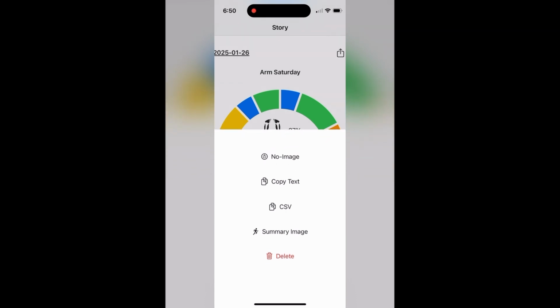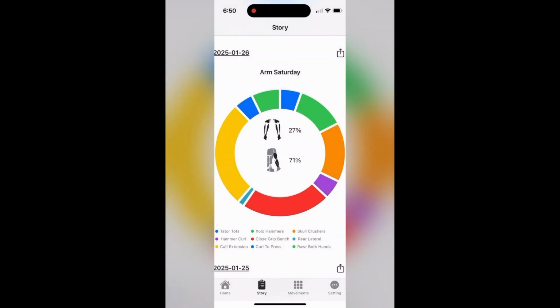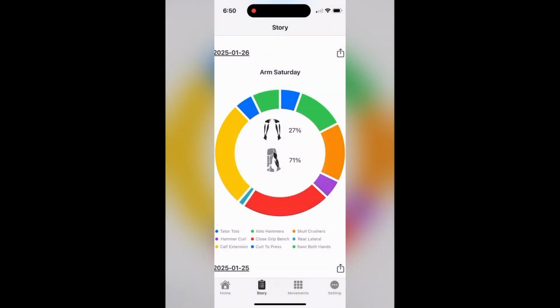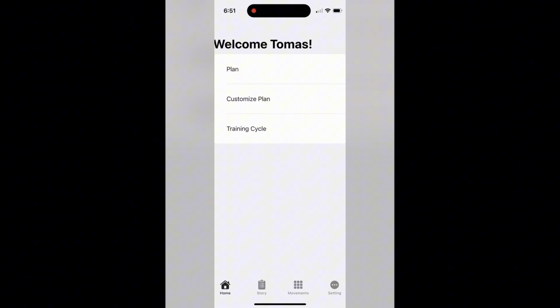If you want to delete, you could tap the delete button and press delete, but I do not want to delete it. Two, if you want to share movements, tap on the third tab,